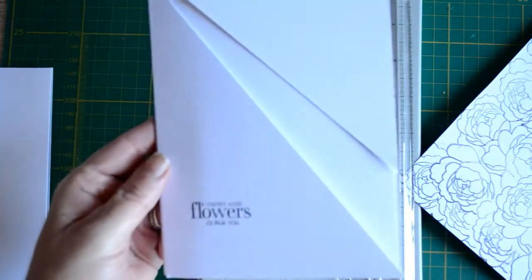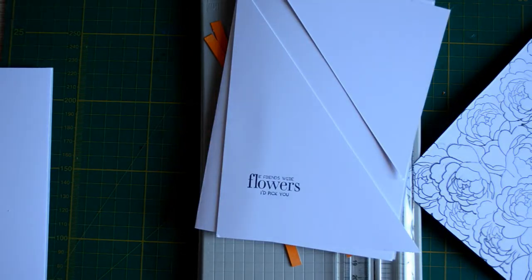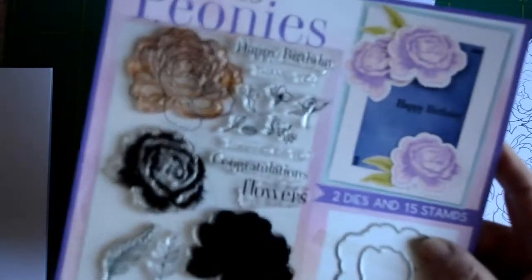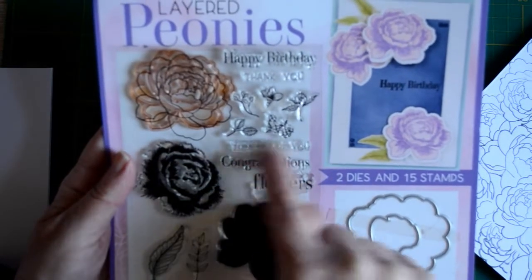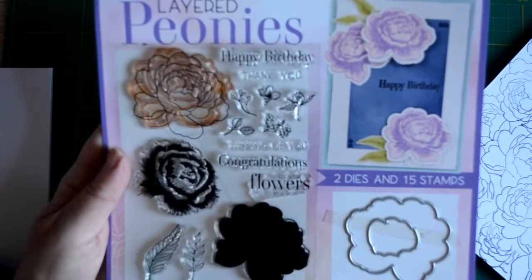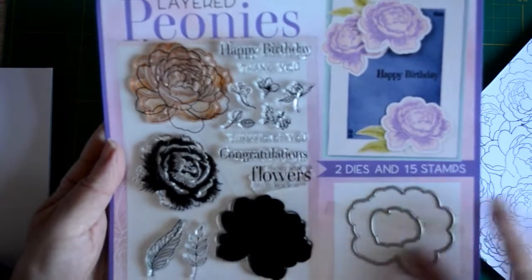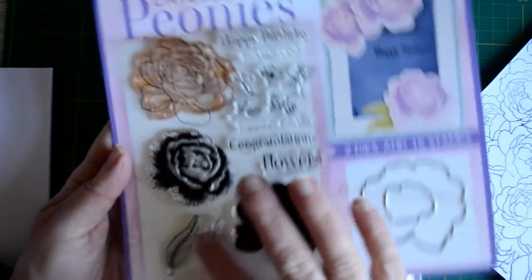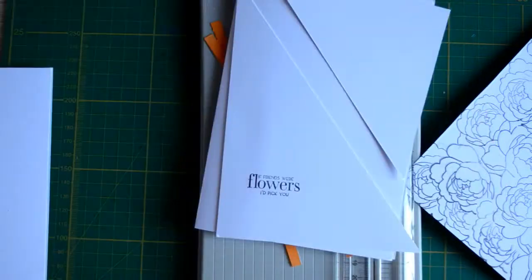These stamps are in the actual free gift that you got along with the die. So you got congratulations, if friends were flowers I'd pick you, thinking of you, happy birthday and thank you. So you got a lot of sentiments with it as well as the dies. You got 2 dies, and you got some leaves, and you got a layering peony, which is also what I've